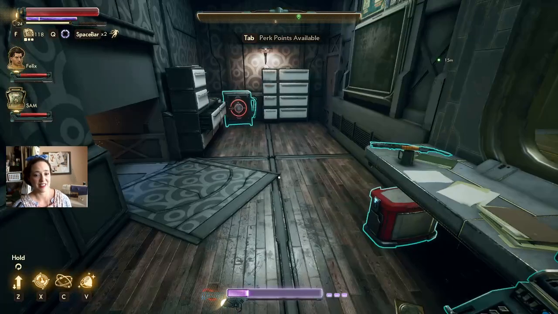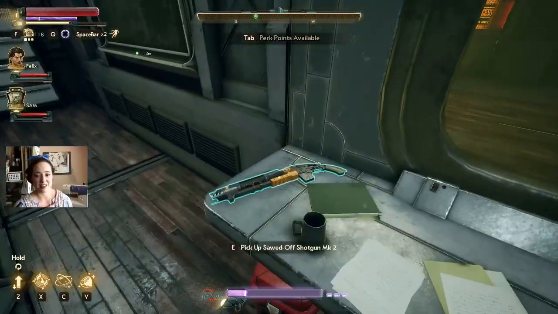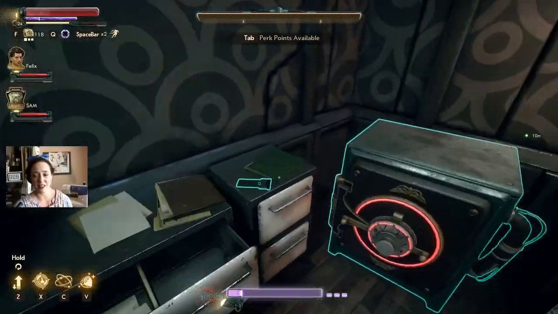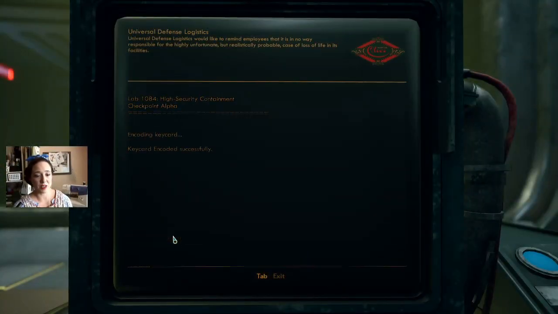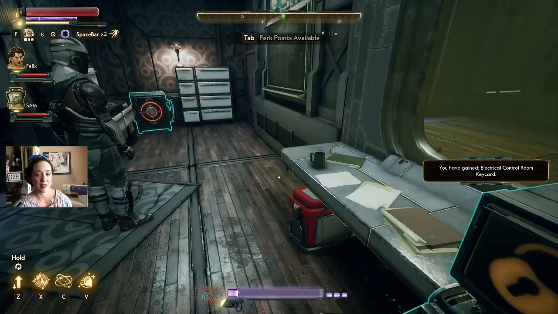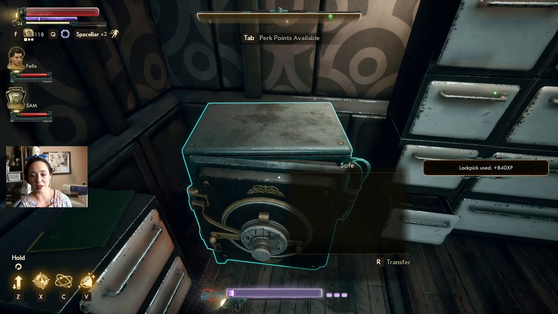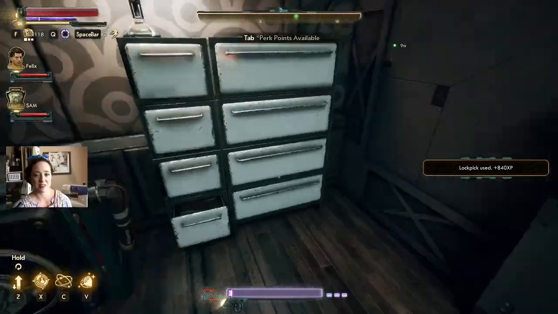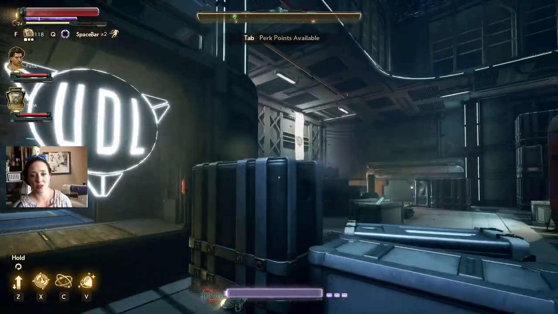All right. Yikes. I'll take that. And this and this. And there it is. Blank UDL key card. Encode key card. Awesome. What did it turn into? Turn into something. There you go. Electrical control room key card. All right. It's got a music box in it. Electrical control room key card. Now I don't think...